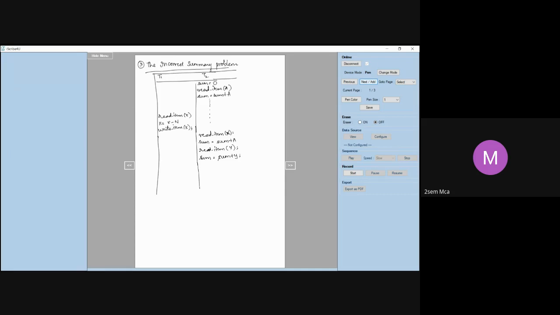So what will happen here? Now let us say after this, T1 will again read the item Y, suppose. And then I do some updation here. Y is equal to Y plus N. And then I'll write the value of Y. What's happening? Can anybody tell me? What's happening in this case?